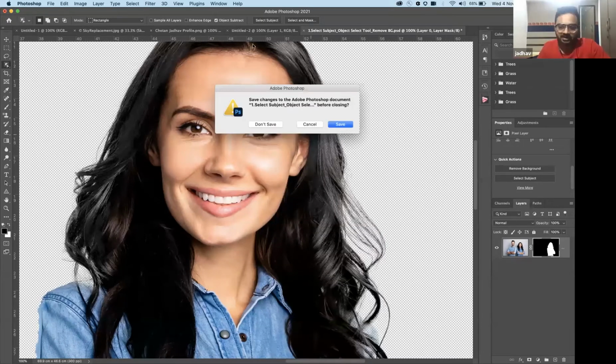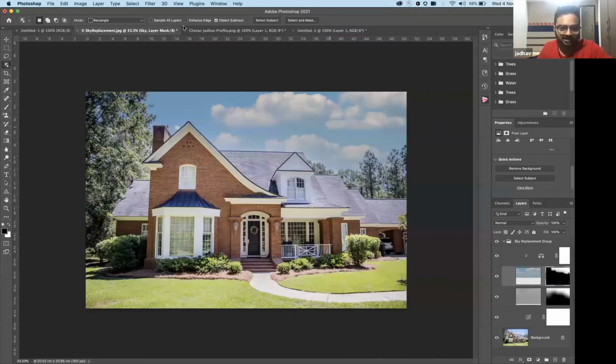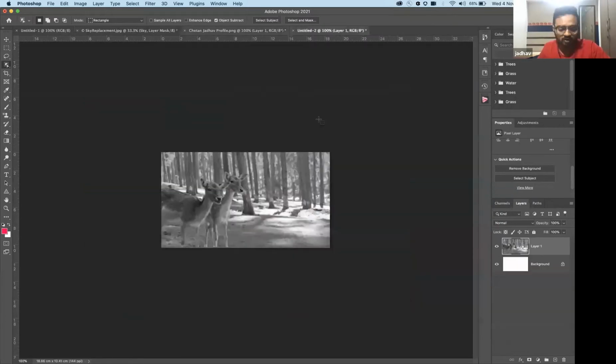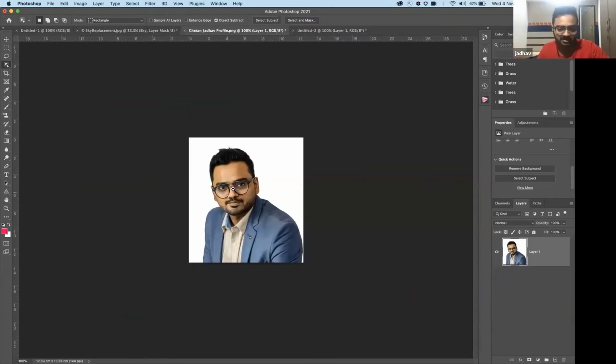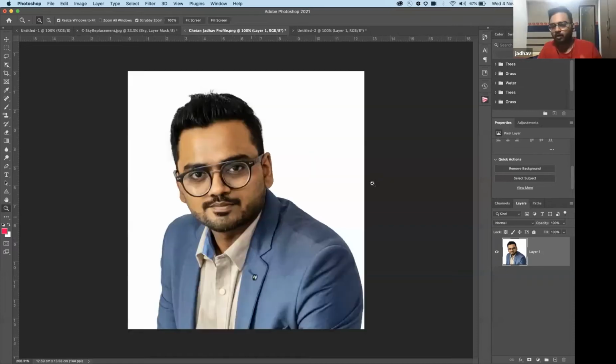The other thing I want to show you is one of my favorite features. I may not be able to show you in real time because it depends on your internet connection. So this is my photograph. I want to make my photograph more smiley, or I want to change the direction of my look, or turn my head. You cannot do that in a photograph, but now it is possible. Maybe you want to make yourself more aged.